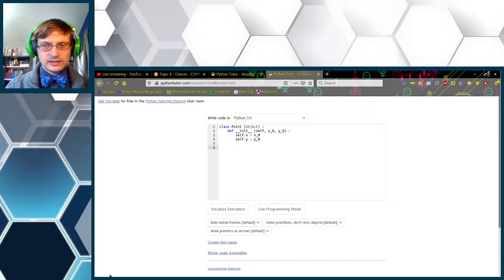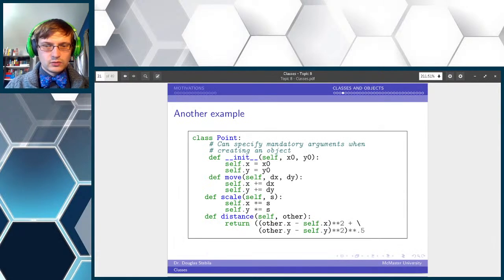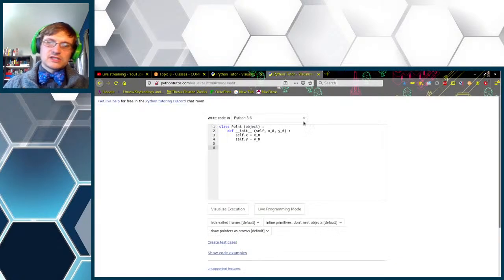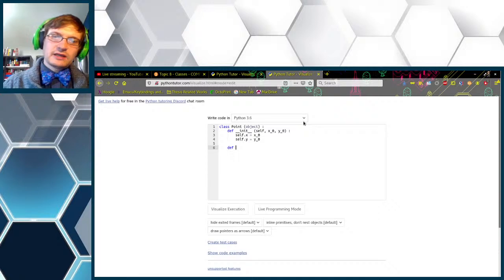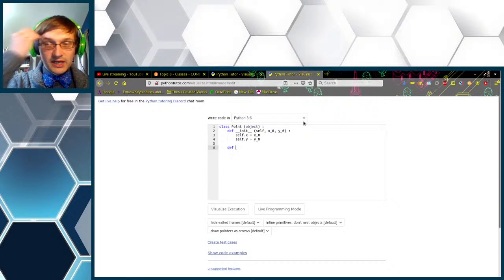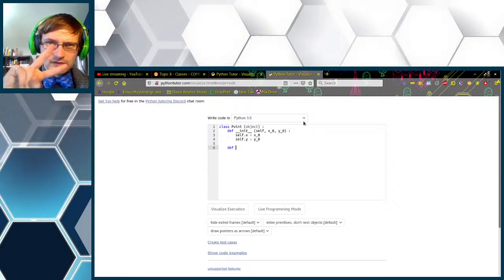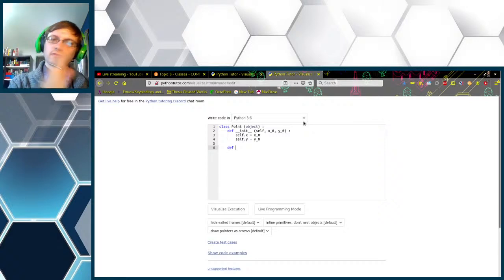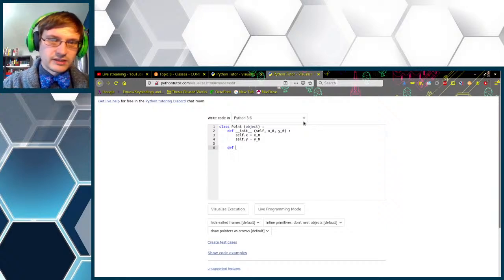Cool. So, in addition to simply defining a coordinate in two-dimensional space, we're going to define some operations which can occur over that point. So, we're going to define a translation function, a translation method. Call it translate.